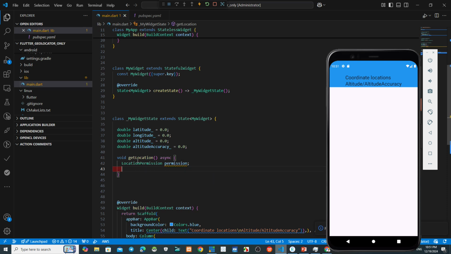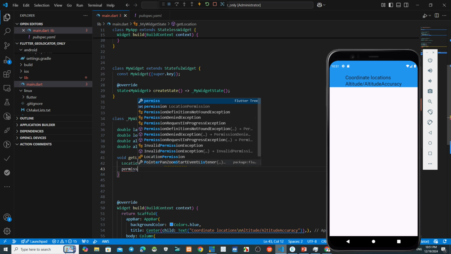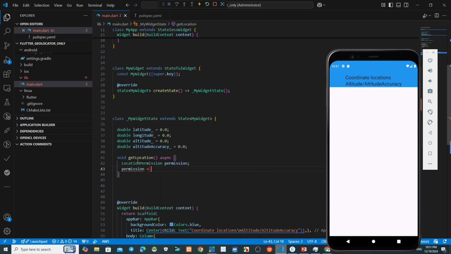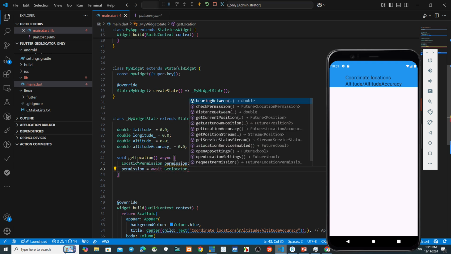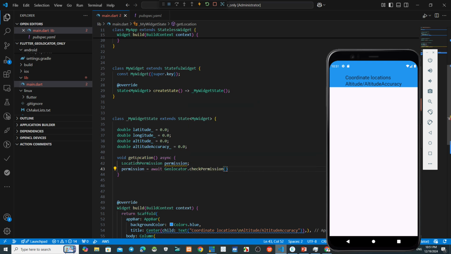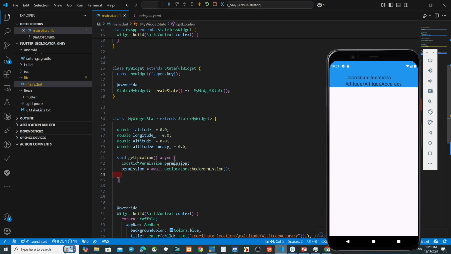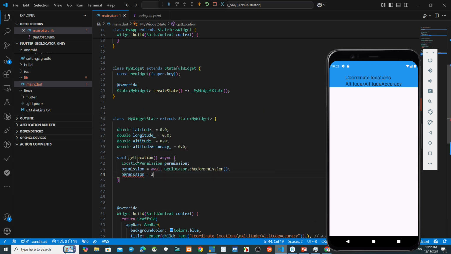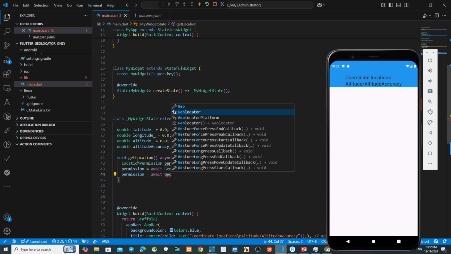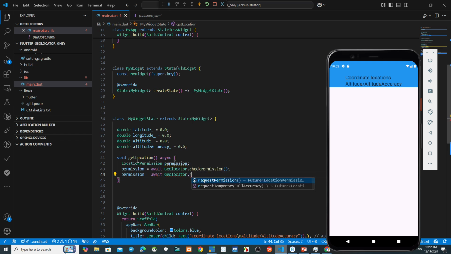Okay, now permission equals await geolocator dot check permission. Okay, next permission equals await geolocator dot request permission.